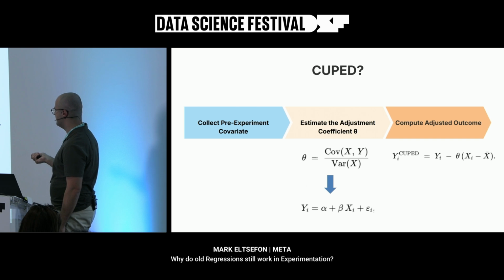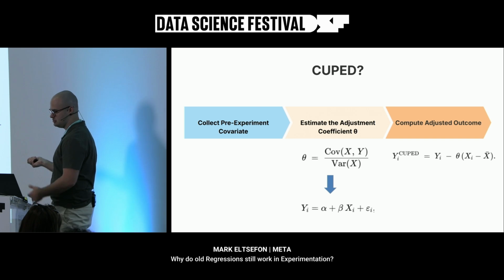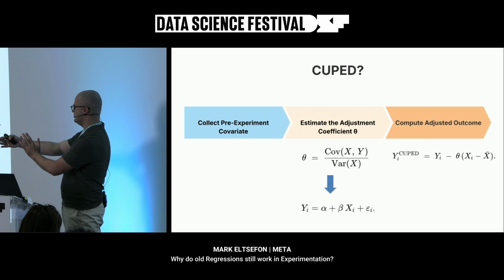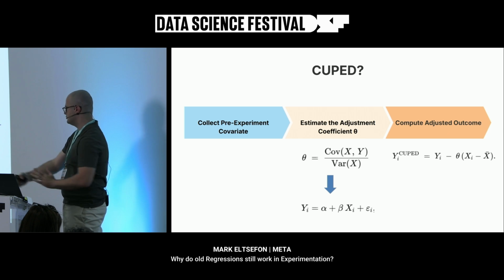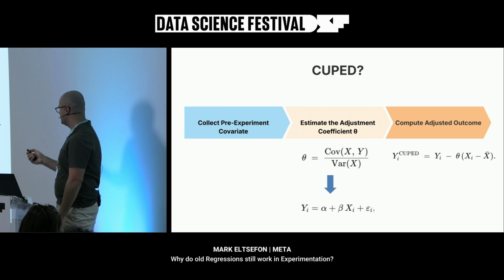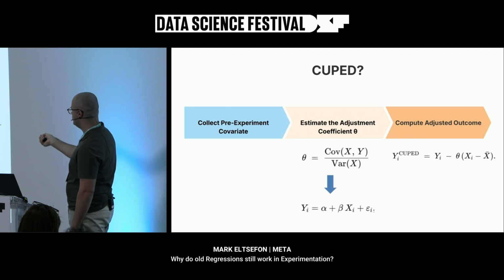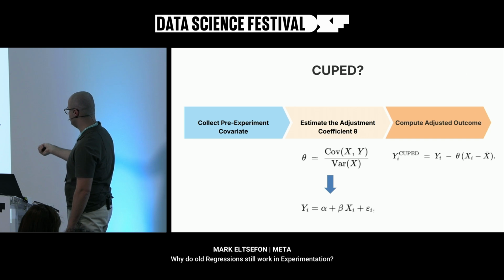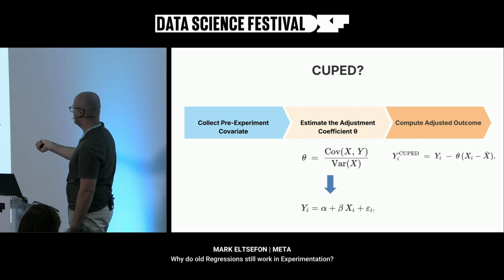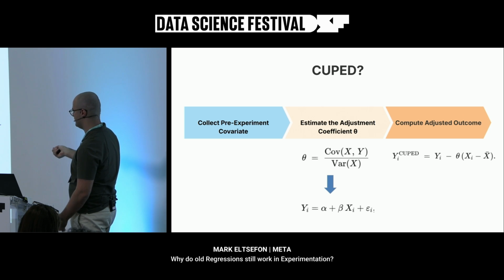First, we collect some pre-experiment covariate. Most of the time, it's the same metric as our outcome, only for pre-experiment data. Then we calculate this magic adjustment coefficient theta, and we will come back to it. Then we compute the adjusted outcome of our target. And then we're using not our initial metric, but the CUPED-adjusted one,